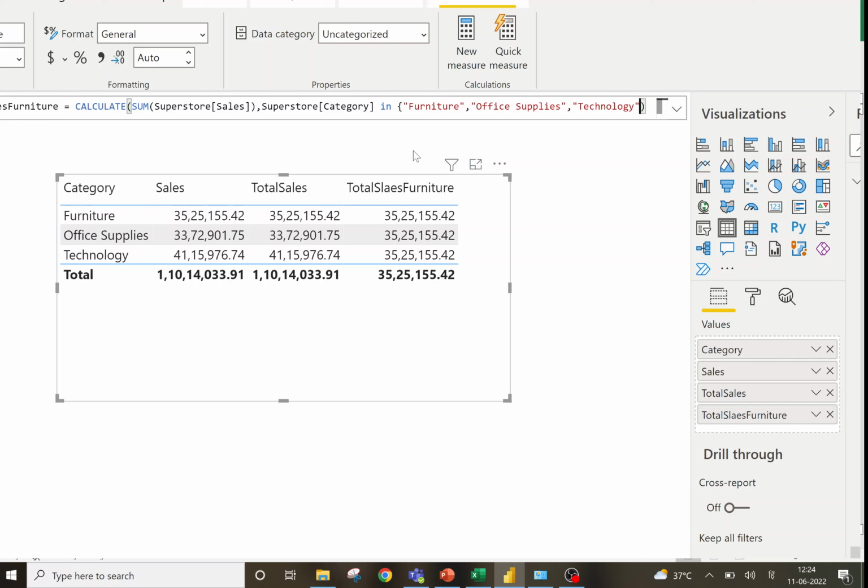Okay, so my formula is ready now. This is my formula. Let's hit enter. Let's not change the name of this measure, let's keep it as it is. So you see, it is showing me the total sales. The row level filter is not working now. So this is how you can use this important feature of the calculate function to get the output in such scenarios. But guys,